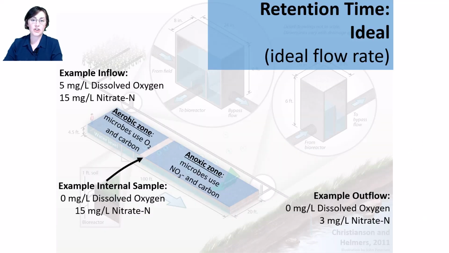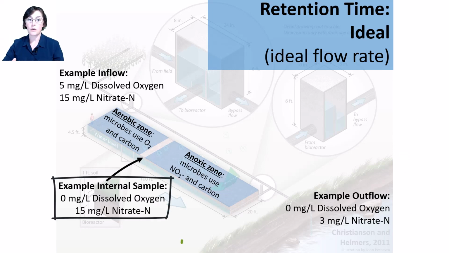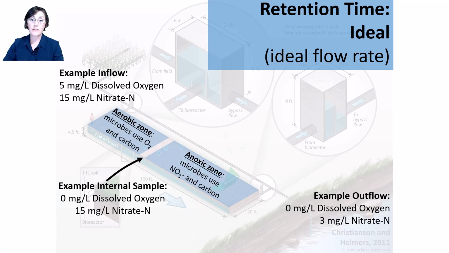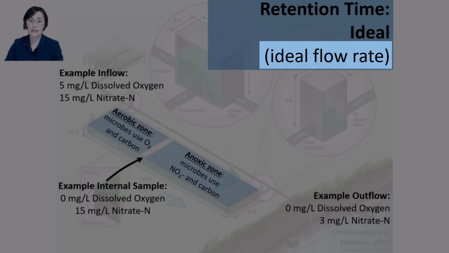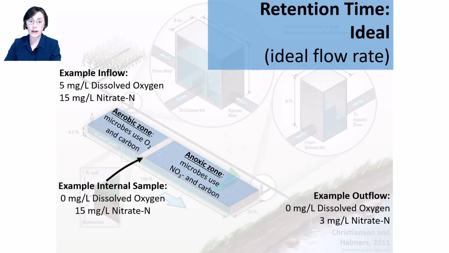Once the DO is consumed, at some point along the length of the reactor, there's no more DO in the water and the water enters into an anoxic zone. This is where the DO is 0 and the ORP is in the right anoxic range for denitrification, and we start to have nitrate concentrations go down. So in this hypothetical example, the nitrate concentration decreased from 15 to 3 across the bioreactor, but you see that doesn't actually occur until you're in the anoxic zone. I labeled this as a pretty ideal example of where the flow rate in this given bioreactor size was just right.